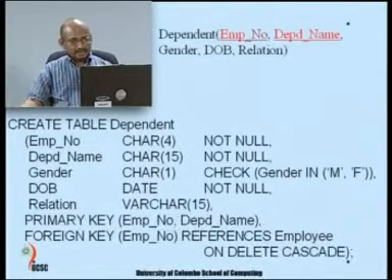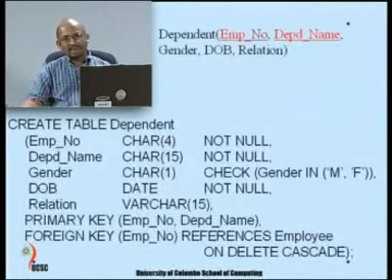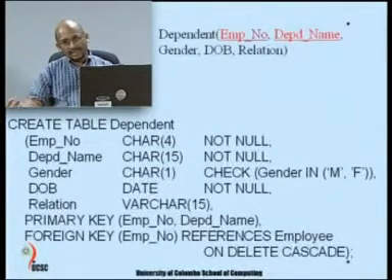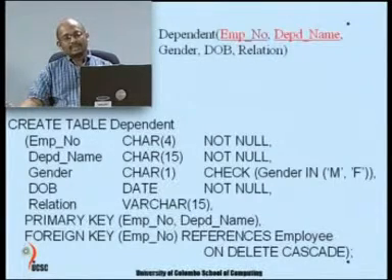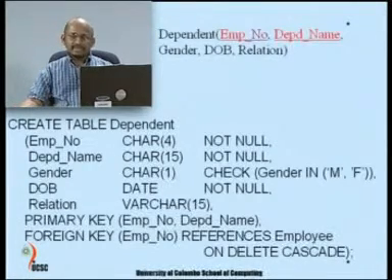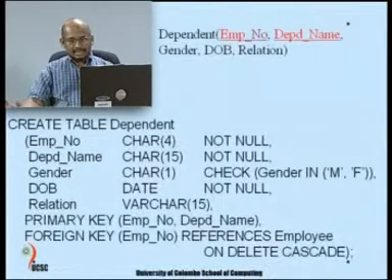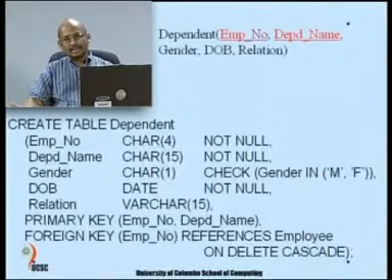Another difference in this example is the use of the foreign key with an action of what to do if a deletion happens. So, in the foreign key mentioned, if you delete a record from the parent table, then what action is to be taken with respect to this dependent table you have to define in order to manage your consistency. In this particular case we have defined cascade, which means if you delete an employee, then you do not want to retain the corresponding dependents.